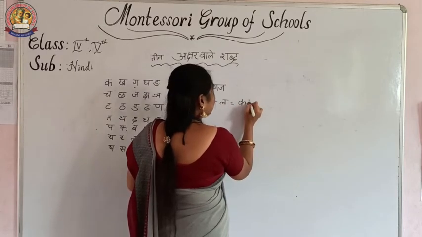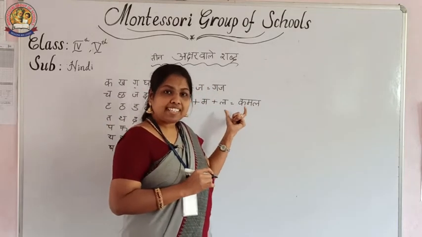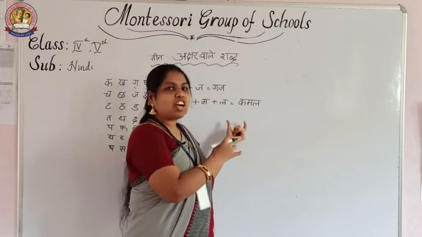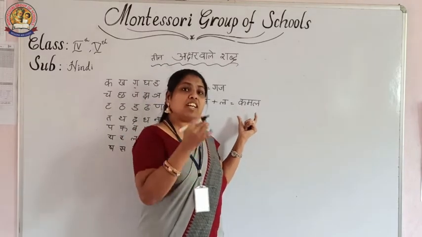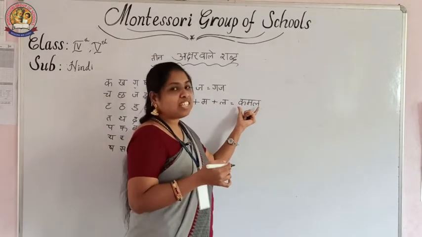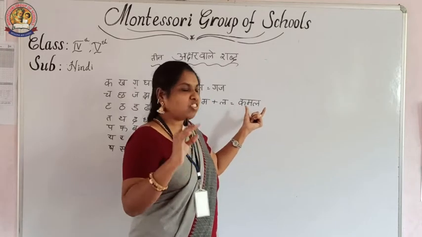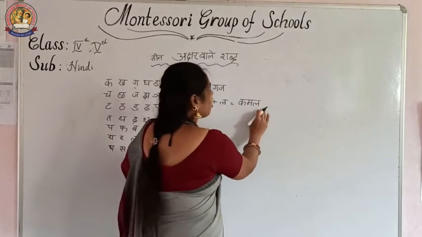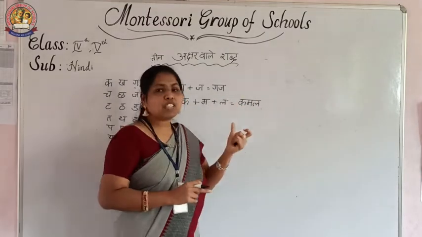Ka, ma, la. I told you, while writing a word or a letter, first you must see where to start and where to end, which I showed already. While writing the word, it is important not to give the header first. First you must write the letters given here, then finish with the header. Then the pronunciation of the letters.